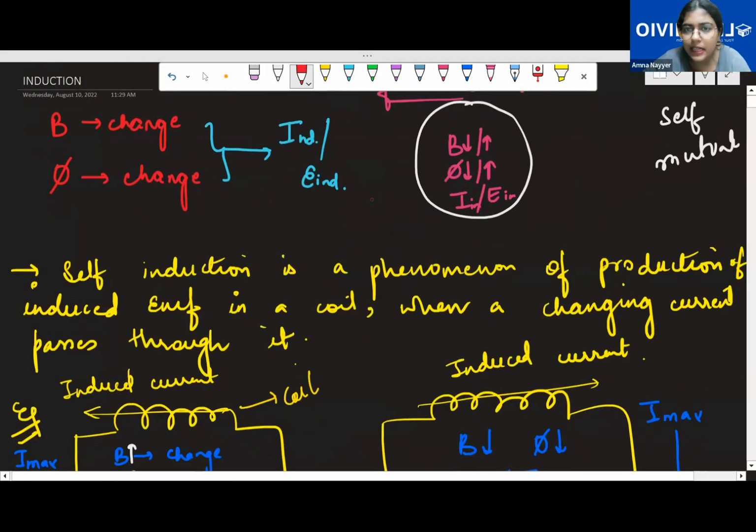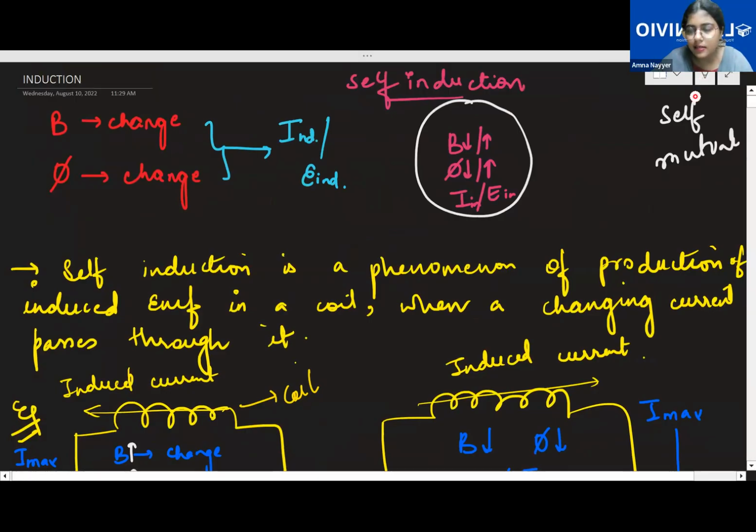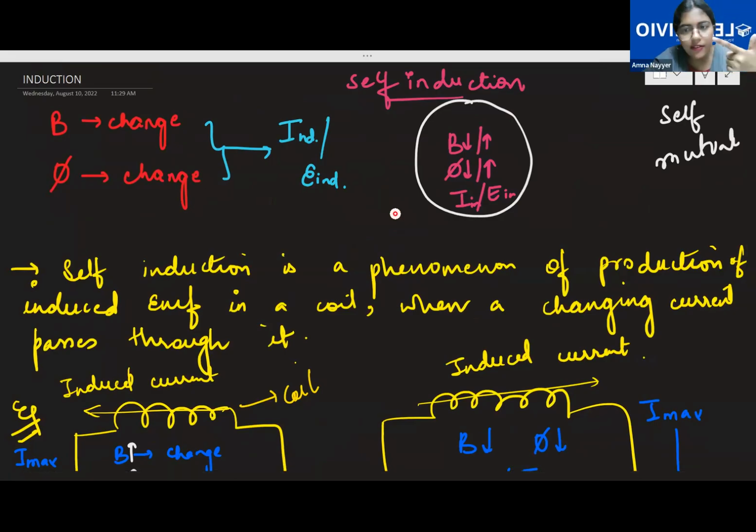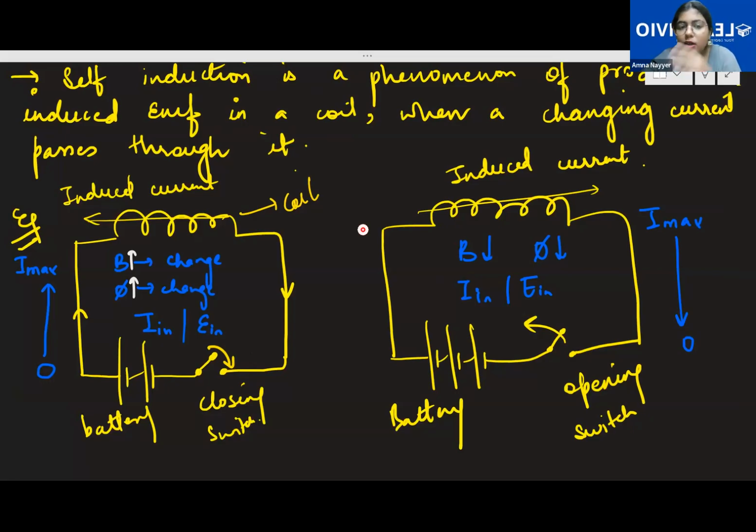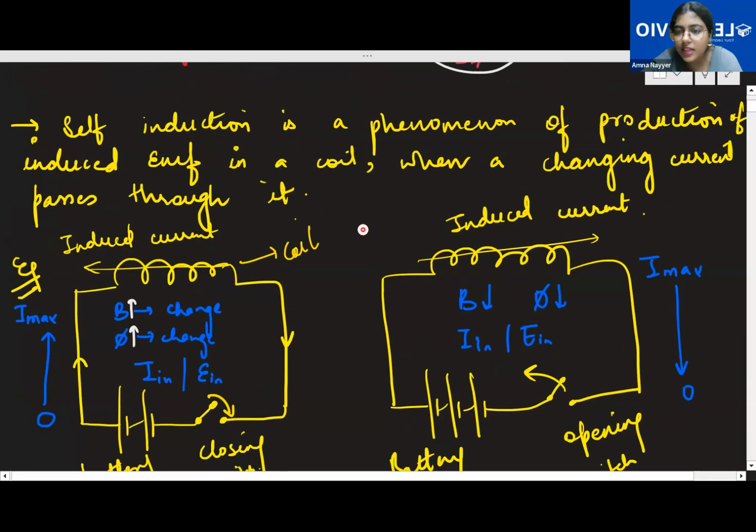I'm quickly repeating it. If there's any trouble at any point, please stop me, class. See, self-induction basically, whenever magnetic field changes, magnetic flux changes, and induced current and induced EMF are introduced in our system. If this phenomenon occurs in the same coil, meaning changes also in that coil and induced EMF is also getting induced in the same coil, we call this phenomenon self-induction. Now, when the actual conducting current changes, it causes a change in the magnetic field. That will cause a change in the flux, which will again produce induced current and induced EMF. So that's the definition of self-induction.